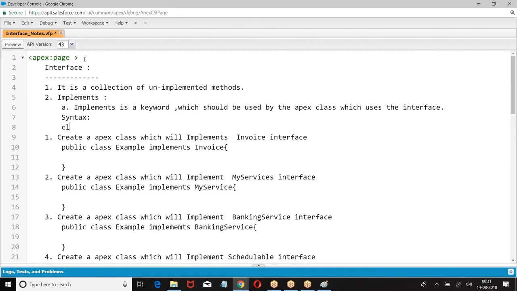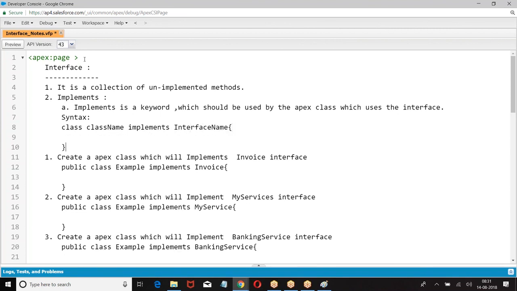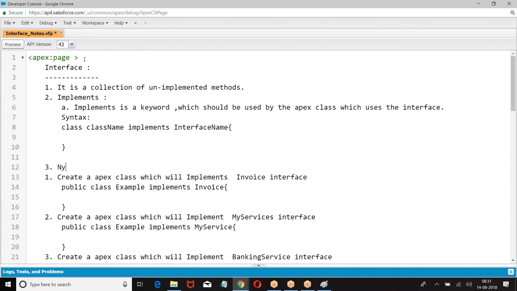Syntax: class, then the class name, then implements and the interface name. Next, any class can implement more than one interface.